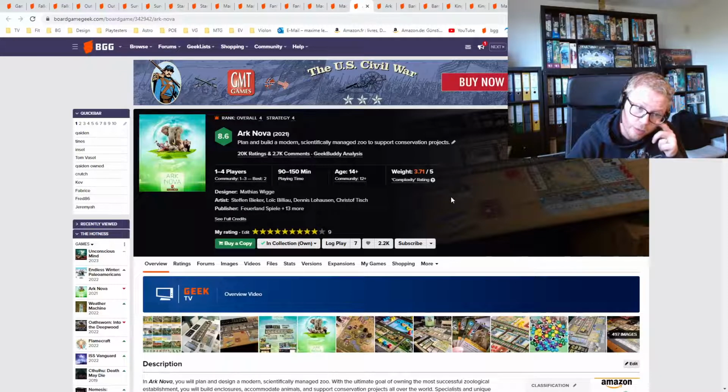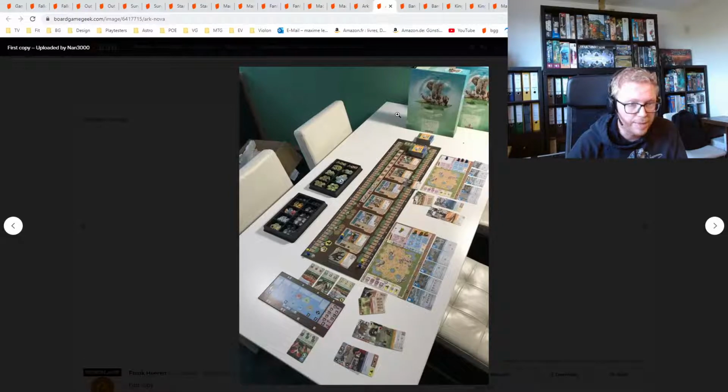We played a game of Ark Nova, still love this game. Rate this a 9. Oh, it's actually ranked overall 4th. That's crazy. It just came out last year, so that's really crazy. So in Ark Nova, you're gonna play some cards. You're gonna build fences in your zoo, then you're gonna play animals inside that zoo. You're gonna play projects that give you bonuses and so on. It's a very big, very complicated game,